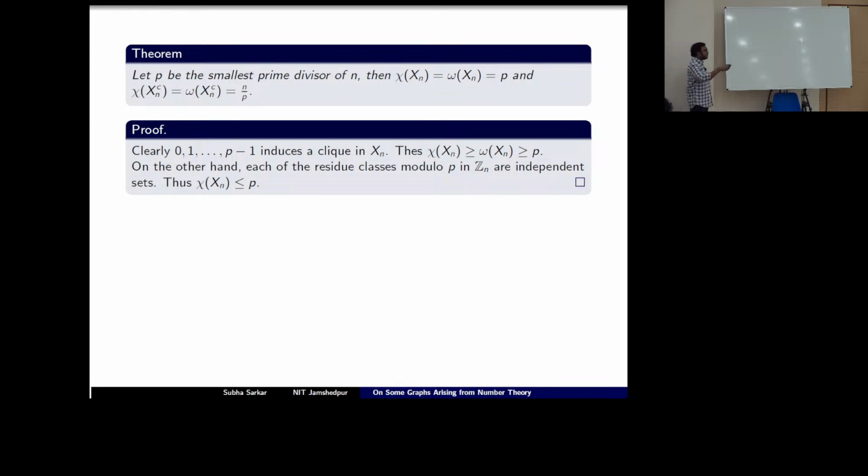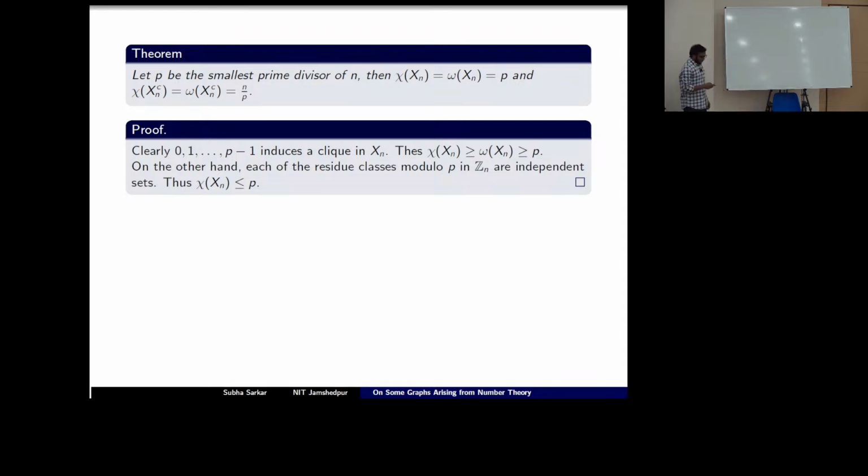There is no edge between any two elements. So all that independent set we can color by using a single color. Since there are total p many residue classes, we can color all of them by p colors. So the chromatic number must be less than or equal to p. This shows the inequality, chromatic number of Xn is equal to p, and I am not going to prove